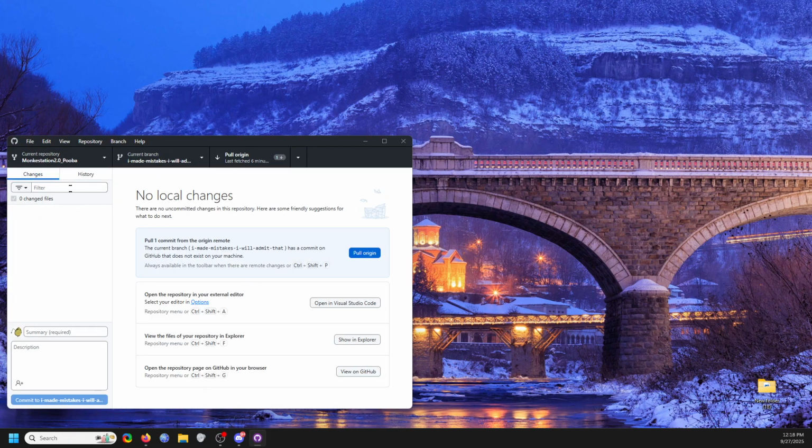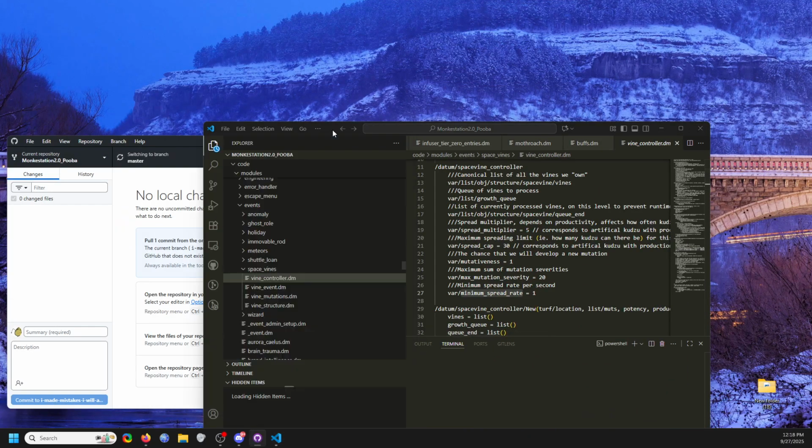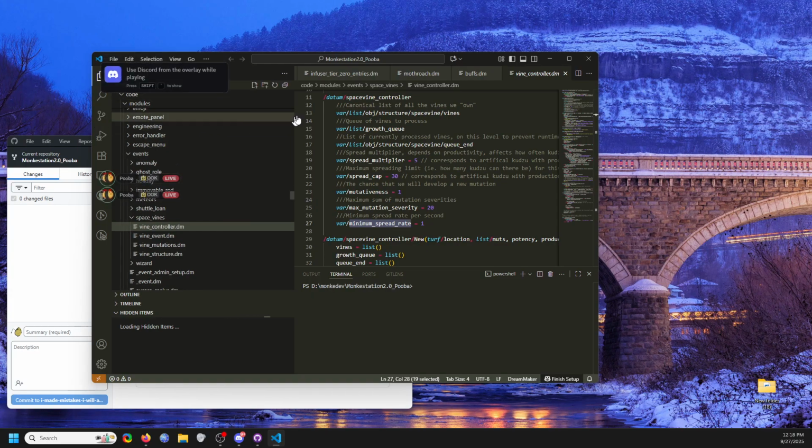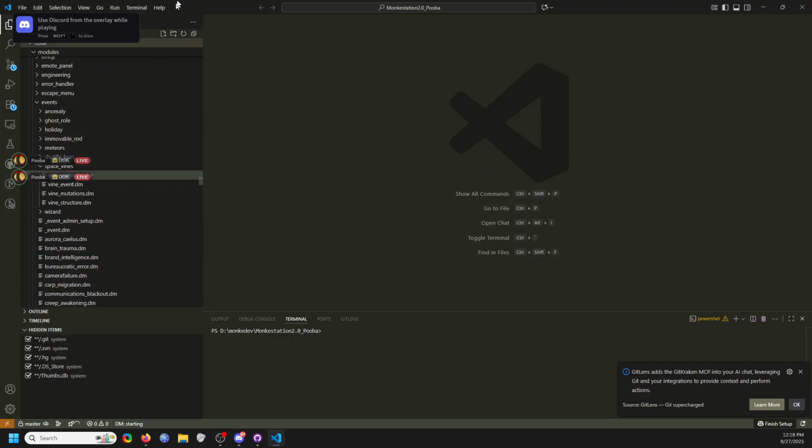Anyways, you'll get this popped up. You've got your current repository. Pretty simple. You go open VS Code. I want to look at VS Code stuff. This would be on master for you. And then it'll open up a really basic